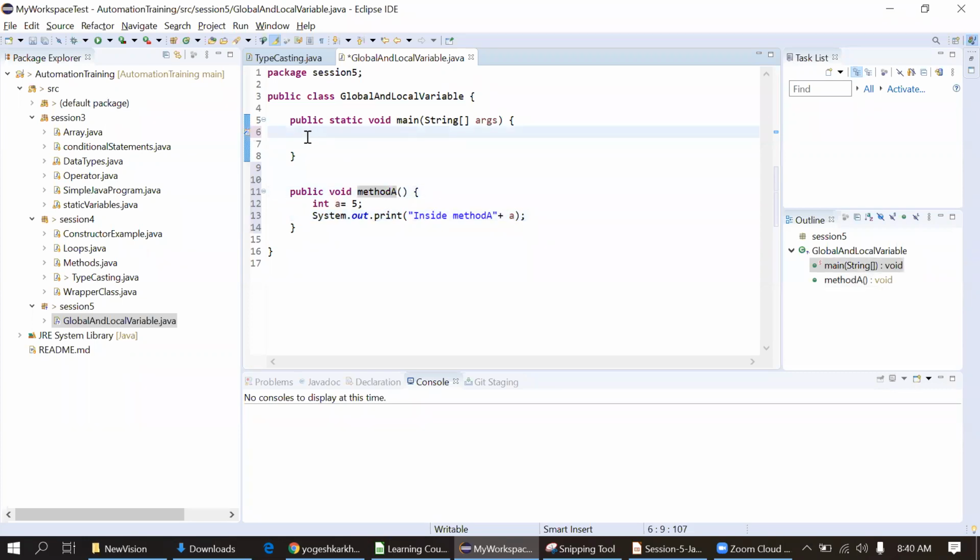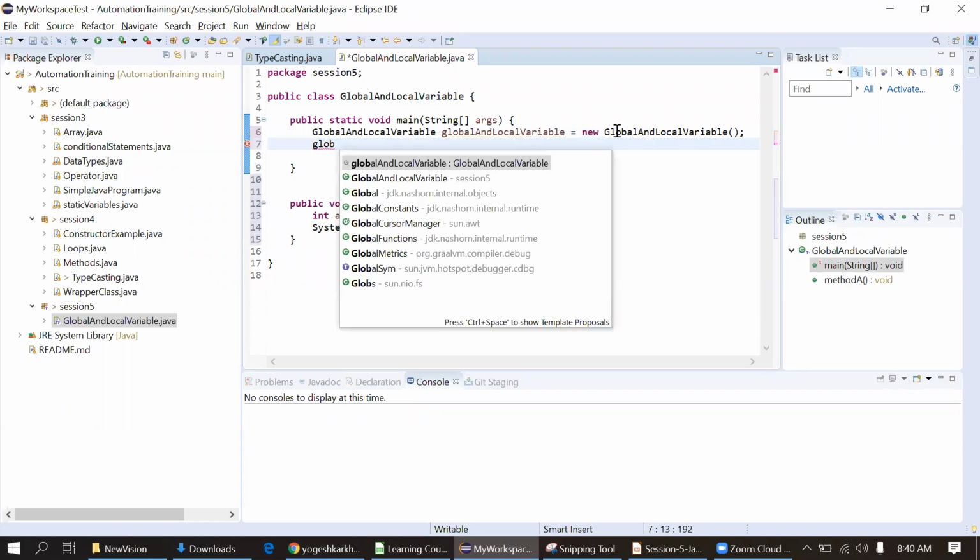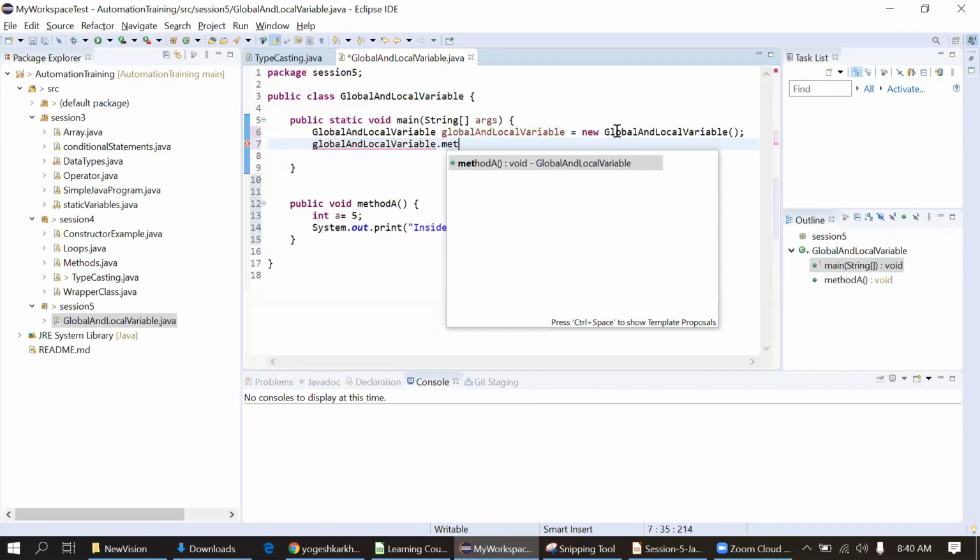So I will create an object of this class, global variable is equal to new global and local variable. I will use the reference dot method A.